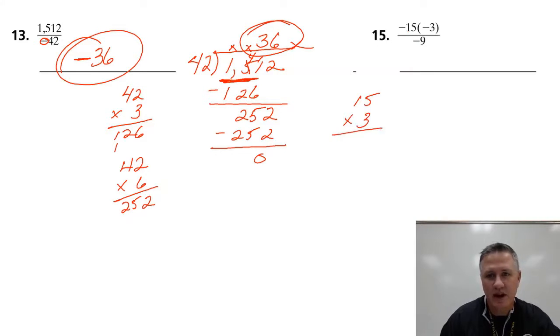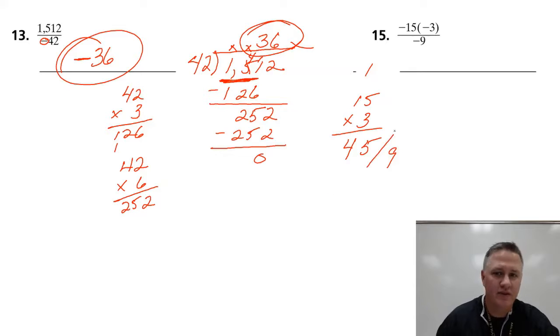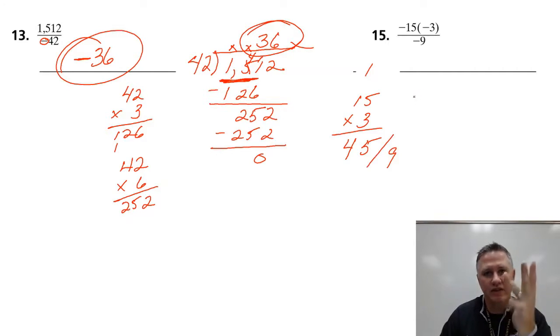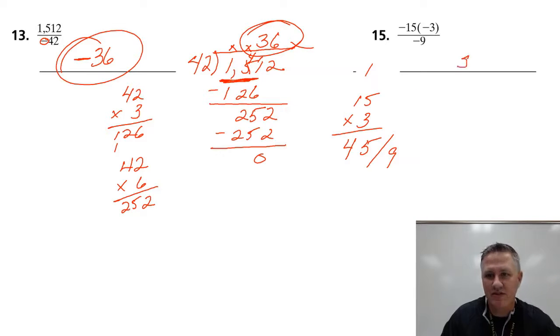15 times 3 is 45. And then 45 divided by 9, how many 9s are in 45? Well, if I'm counting by 9s, 9, 18, 27, 36, 45, that's 5. And I have 3 negatives in the problem. That means the opposite of a negative is a positive, but I've got that negative left over, so it is